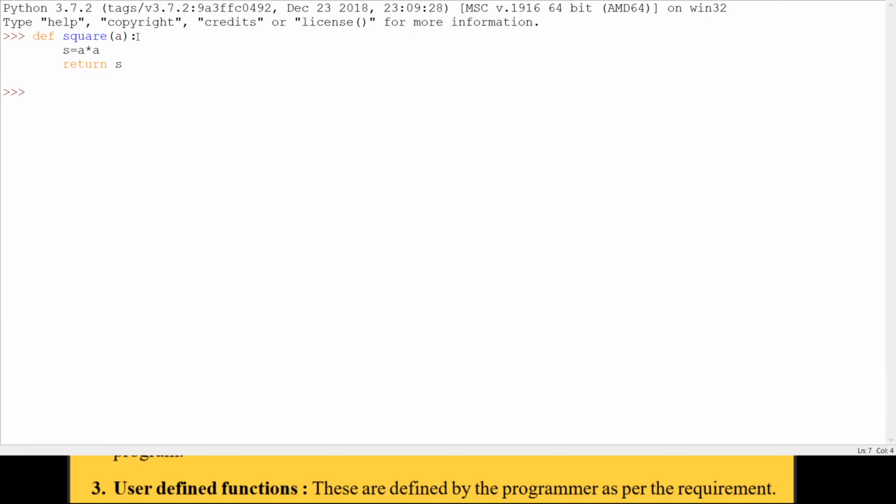Now there are multiple ways to call a function. We can take input from the user, we can use calling statement within the print command, and since the function is returning a value, its function calling statement can be used in an arithmetic expression. So we will start with taking input from the user. So we are taking a variable a, and we will call the input function to take the value from the user, input, enter the value, let's say 10, and then we will call the function.